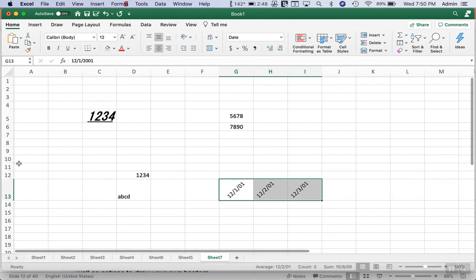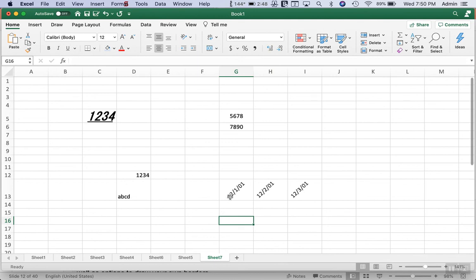Right. So I'm going to select the... well, actually, let's use our dates. So I'm going to highlight these three dates, and if you take a look on our ribbon up top, we have something called a bucket. It looks like a bucket, and it says fill color. If I click the fill color,